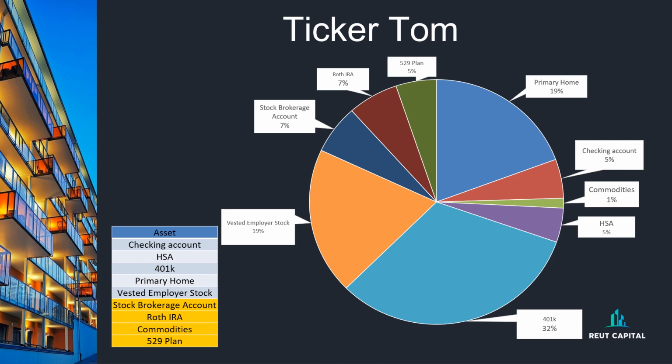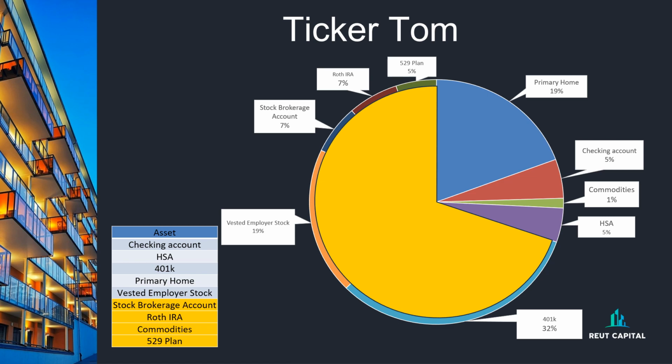So now there's a lot more color in his pie chart. There's a lot more distribution in his net worth. But again, if you step back and look at it, even though he has multiple accounts, the majority of this pie, the good thing is it is liquid. There are some tax friendly accounts like the Roth IRA and the 529 plan. These are tax-friendly accounts, but they are volatile.